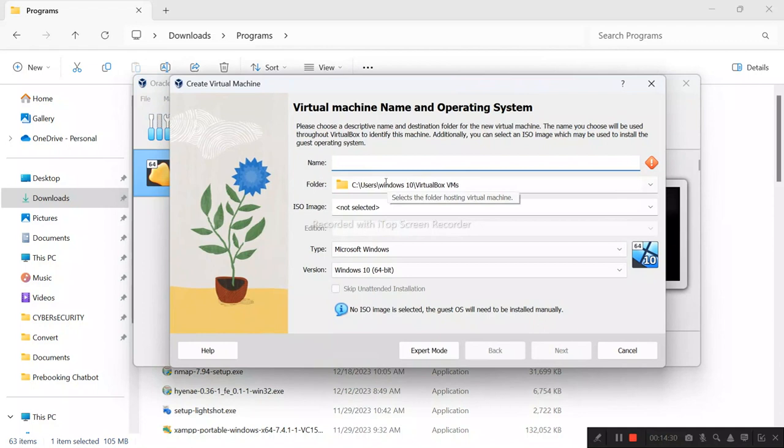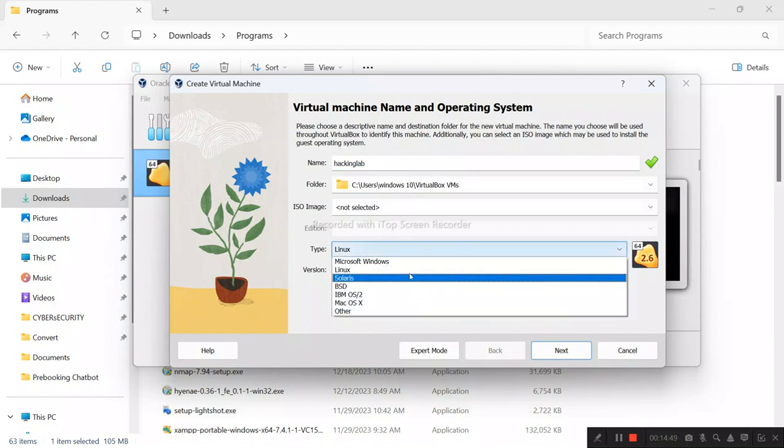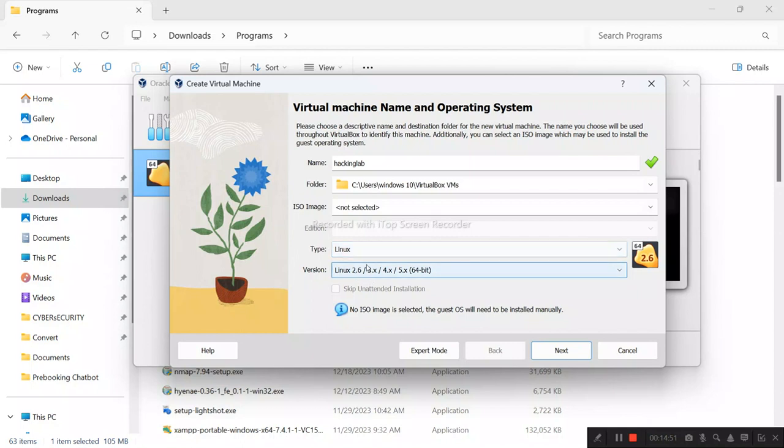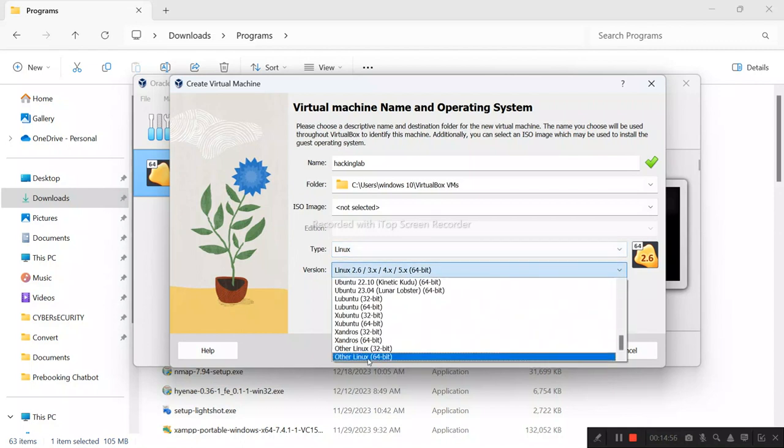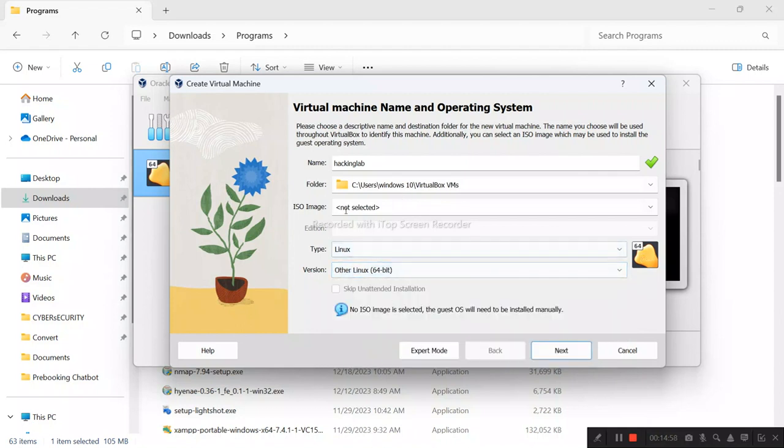want you to name the machine anything. So this is the installation of the Metasploitable machine. That is the target machine that we're going to be hacking and doing practice on. So I'll name mine Hacking Lab. I don't know what you want to call yours. And then on type, I want you to say Linux, and then on version here, I want you to say other Linux 64-bit here, and then on the ISO image, don't click anything, leave it